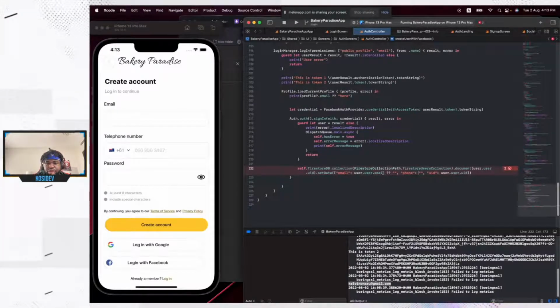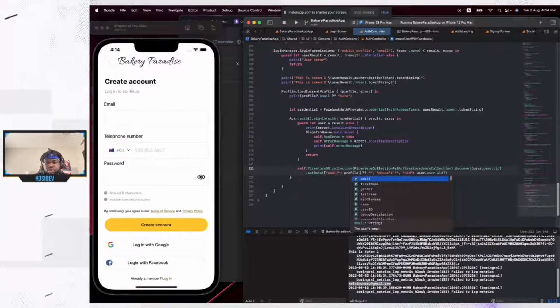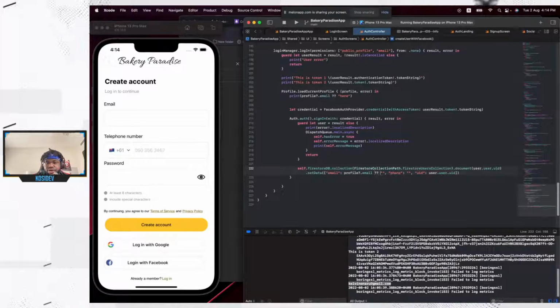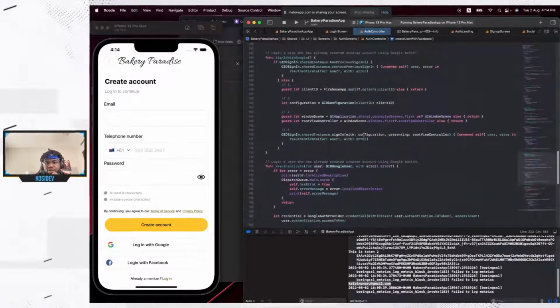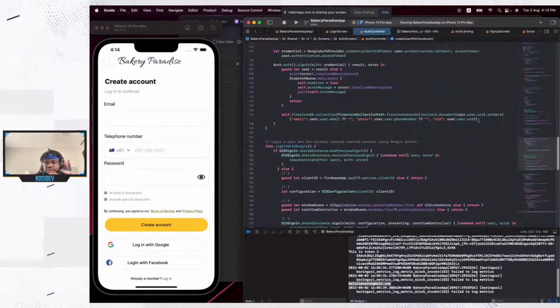And again, for the email, just say profile dot email, get hold of the email. We can also add properties like first name, last name, which we neglected somewhere here. We didn't add that, but let's see if there's